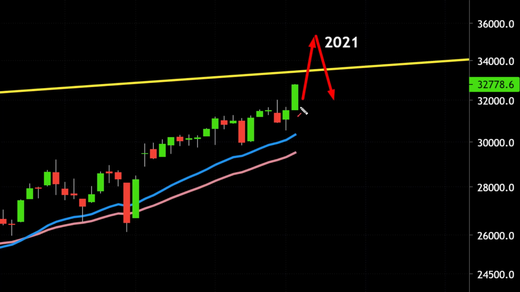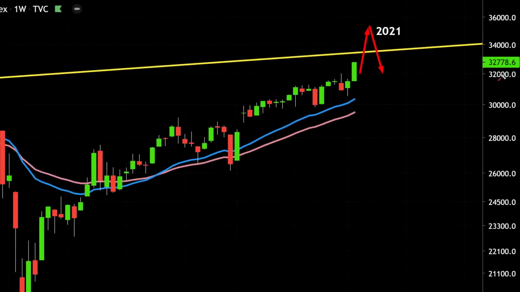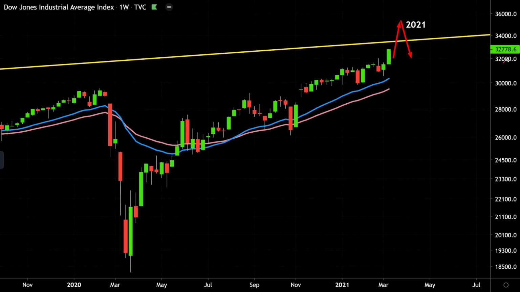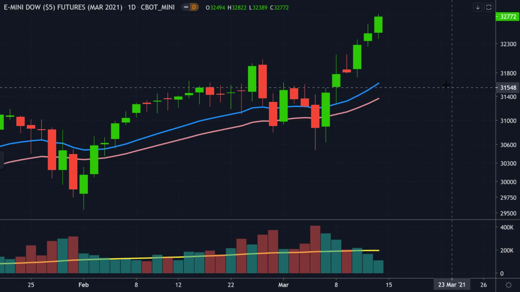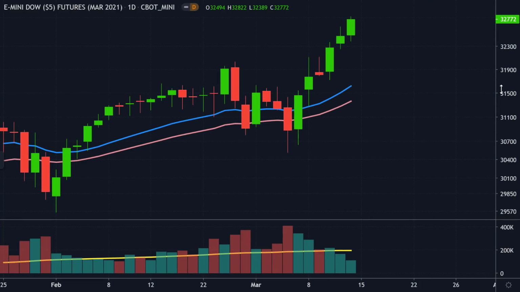Again, I'm not expecting a bear market scenario like some chartists out there are expecting. I think it's less likely. But a correction is possible and indeed likely. Let me show you why I think that one of the scenarios is quite likely. Take a look at this.